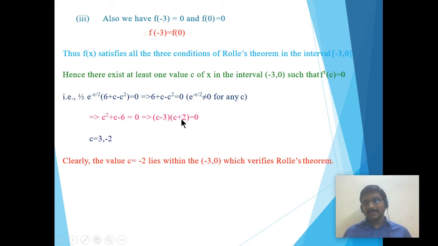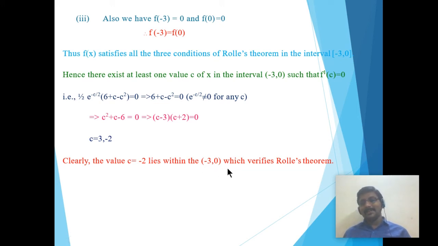linear expressions. Or we can find it by using the roots, c equal to minus b plus or minus root of b square minus 4ac by 2a. Using the formula also we can derive the c values, the values satisfying the equation. Two values occur: one is 3 and another one is minus 2. So clearly the value c equal to minus 2 lies within the open interval minus 3, 0, which